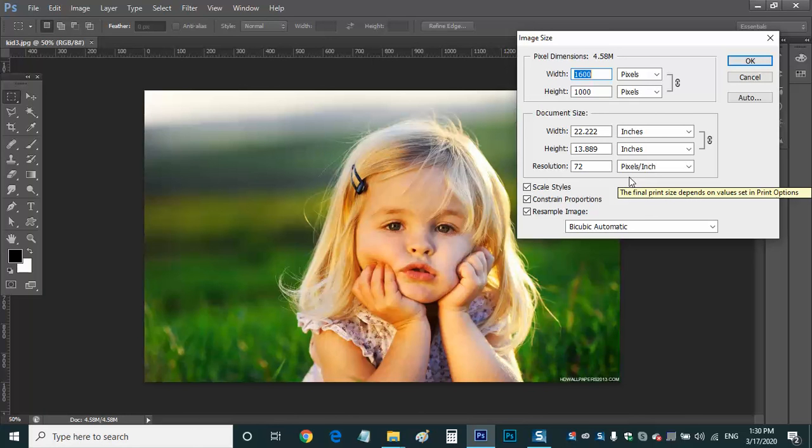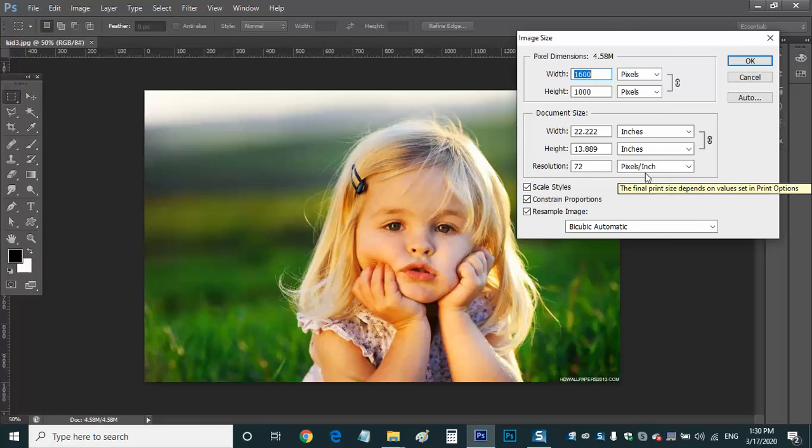Whereas if you take online, say website designing, and you want to include this picture inside your website, then we will measure in terms of pixels only. We will not take inches or centimeters there. We will use only one measurement, that is called pixels. So if you are a web designer, or if you want to use this image for website designing, it's better to use these measurements. You consider this one, not this one here.